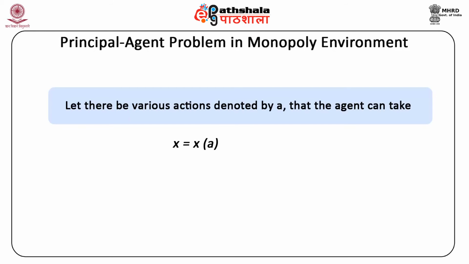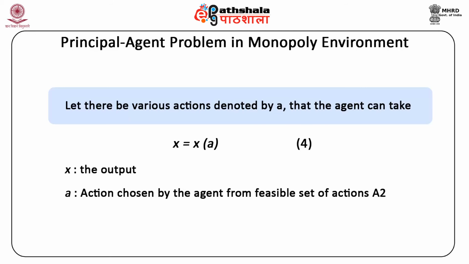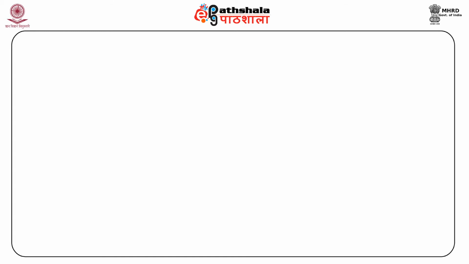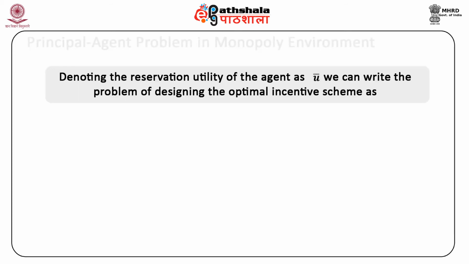This is given as equation 4, where x is the output and A is the action chosen by the agent from the feasible set of actions capital A. However, the principal induces the action B. So, for the principal, B is the best action and A is the alternative action. Denoting the reservation utility of the agent as U bar, we can write the problem of designing the optimal incentive